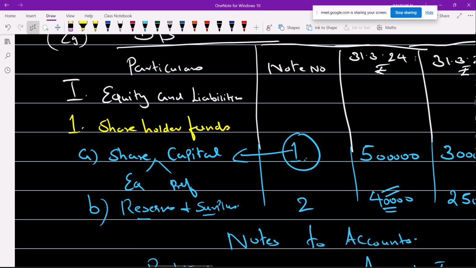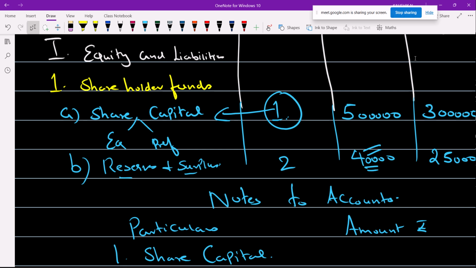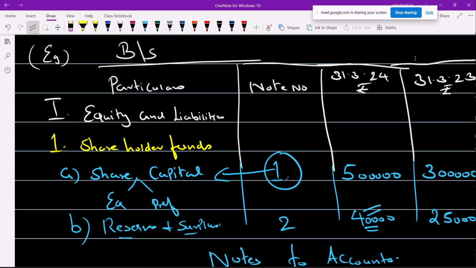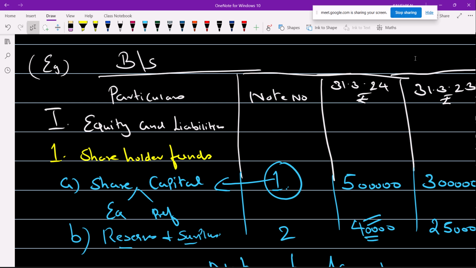Then I try to make you understand what this note number is all about and how it is getting connected to a financial statement. Now look into it. Suppose I don't have these notes to account for the above balance sheet, will this balance sheet be meaningful? I'm just giving you information of a balance sheet, mentioning only share capital, the value of something, without mentioning